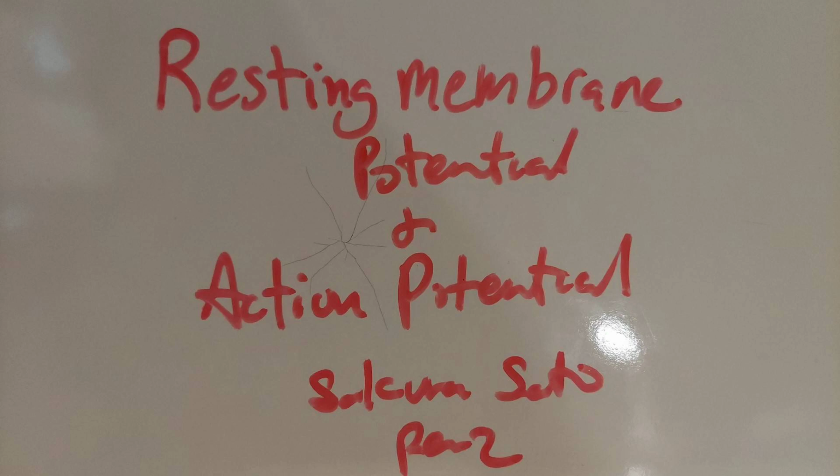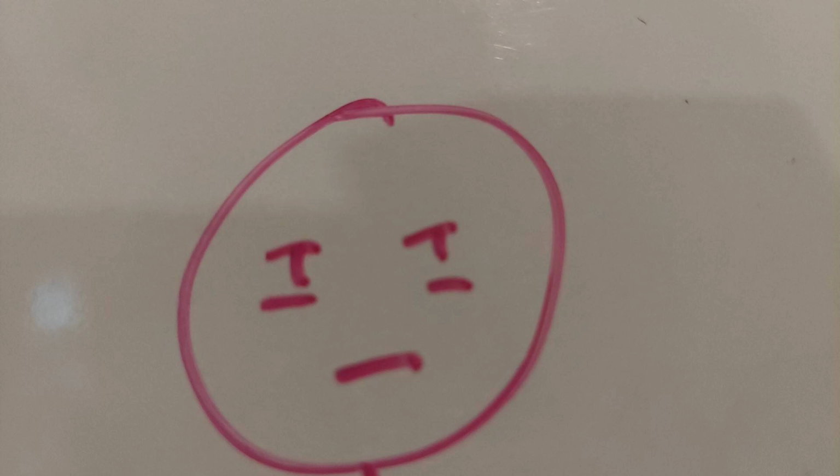Resting membrane potential and action potential by Sakurasata period 2. I'll be explaining how a neuron transmits a signal to our flexor digitorum superficialis muscle, starting with the dendrites sending information